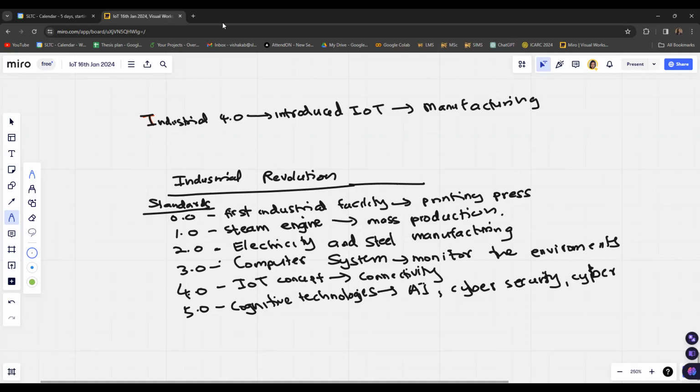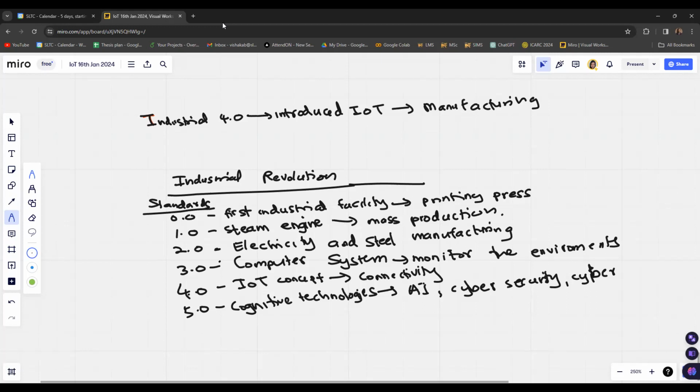So with regard to the different industrial revolutions and industrial standards, that's all basically. When we consider Industry 3.0 and 4.0, we will be able to see that Industry 3.0 is a computer system based standard, while Industry 4.0 is an IoT or connectivity based standard.